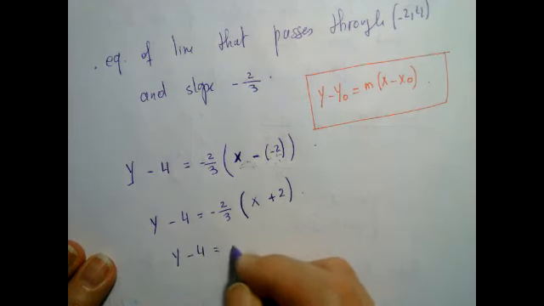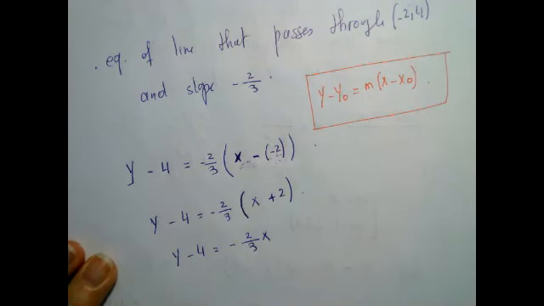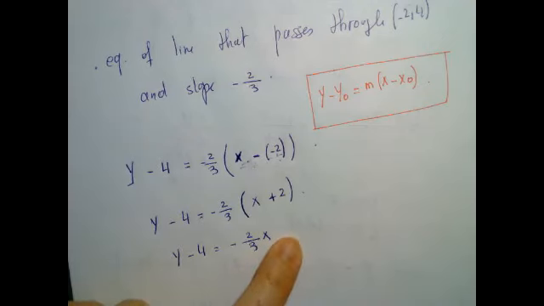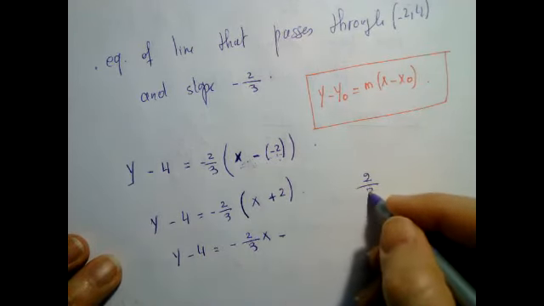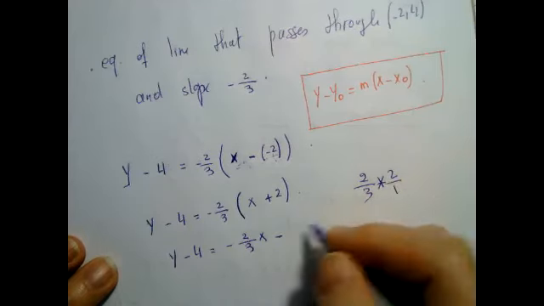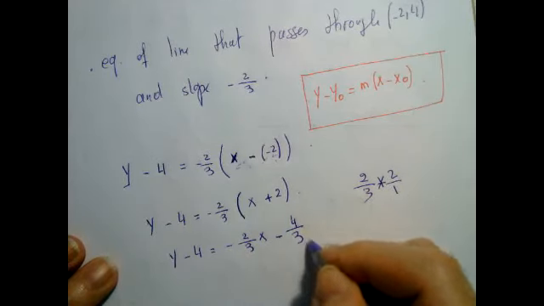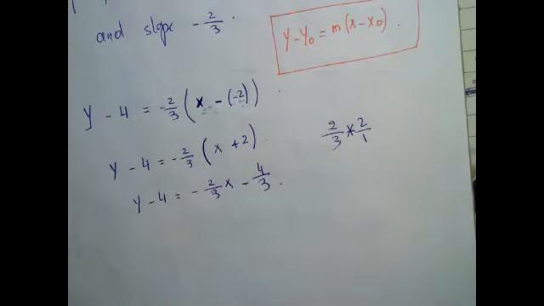Now you distribute. So keep going. Now, what should I add here? Isn't that -4 over 3? Exactly. 2/3 times 2, as we've done this several times, you multiply numerators, which is going to give you -4/3. All right, now if you want to solve for y,